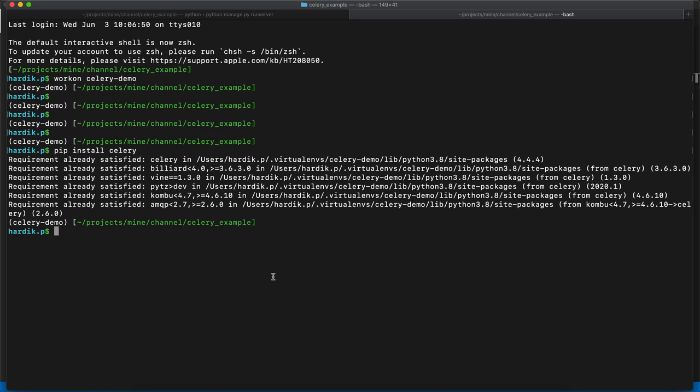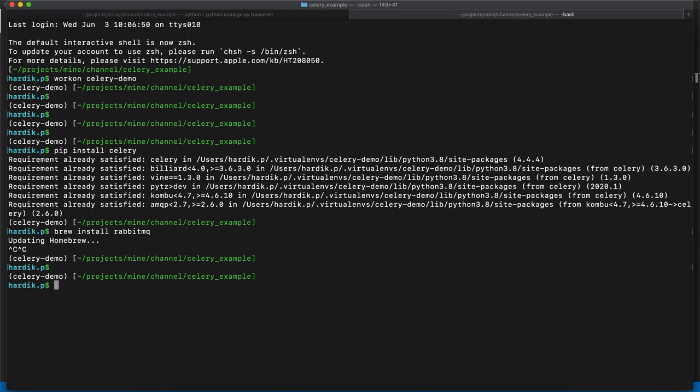Also you need to install it like this: brew install rabbitmq. You need to install the RabbitMQ server as well, which I have already installed. If you are using an Ubuntu server, then you need to run apt-get install rabbitmq-server. Or you can also use the dockerized version of the RabbitMQ server, which is also very easy. Just find how to run the RabbitMQ server using Docker, or how to install it on Linux as well as macOS. That is very easy and there is no complexity, so I am not showing that particularly here.